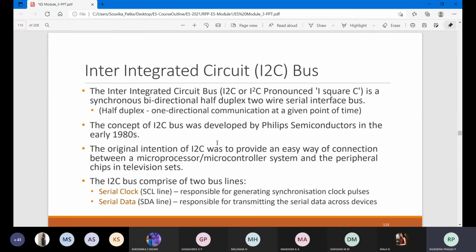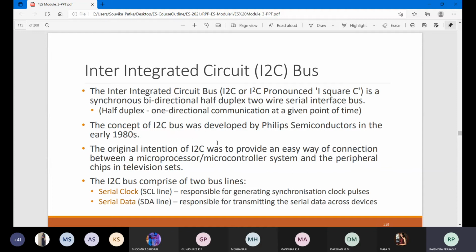Right. I2C is nothing but the inter-integrated circuit bus. The inter-integrated circuit bus, pronounced I squared C, is a synchronous, bidirectional, half duplex, two wired serial interface bus. So we have half duplex and we have full duplex. Half duplex means I am a transmitter and you are a receiver.